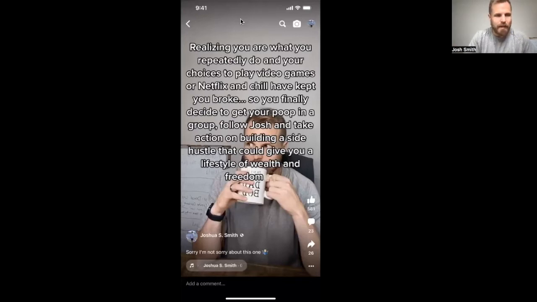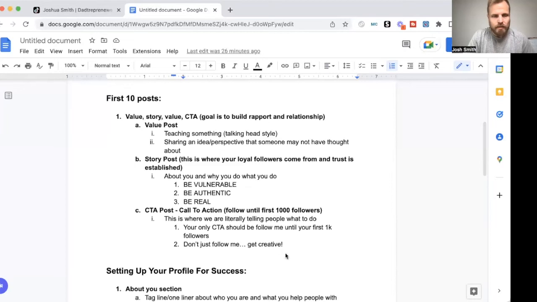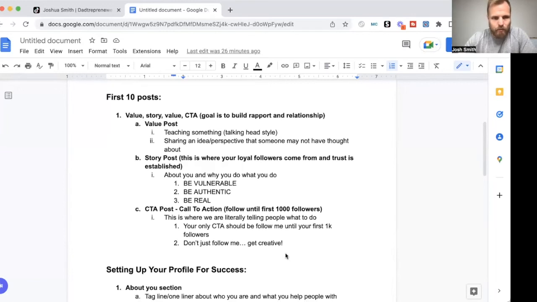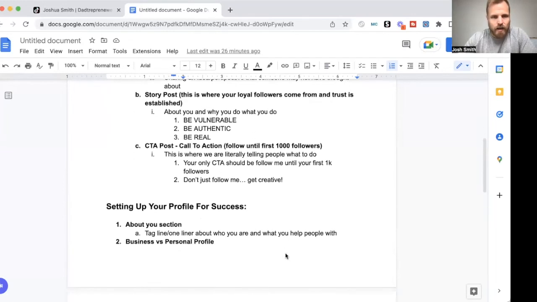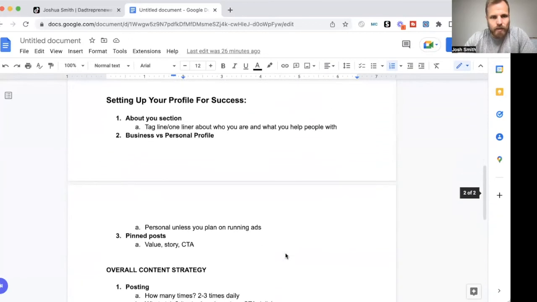And we're gonna pop back into the phone here probably in just a minute, but let's go to new share and we're gonna get back over here. So now you know your first 10 posts. You're gonna focus on this formula: value, story, value, call to action. Then go back through it: value, story, value, call to action. But your main focus is going to be on the value. You just want to give people a ton of value from the start, and you don't want to overwhelm them with call to actions. So your profile, we've been through that.